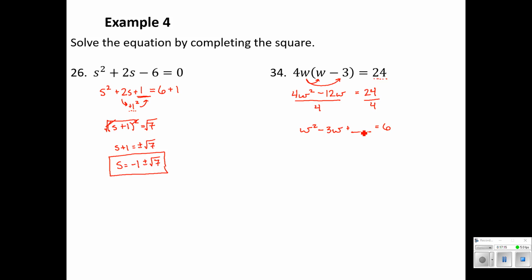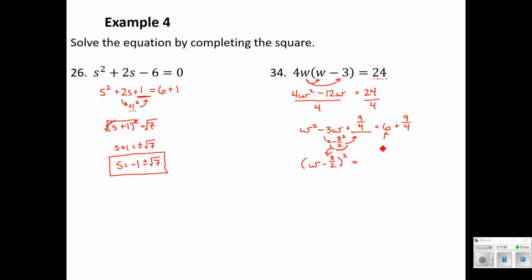All right, so what completes our square? Well, that 3w, if I divide that by 2, I get negative 3 halves, and then I square it. Square the top, square the bottom. Whatever I add to one side, I added 9/4, I'd better add that to the other side as well. Okay, so now we've got w minus 3 halves squared. I really like writing it out with these arrows because I can see that negative 3 halves. I know that's going to complete my factor at the end. That's kind of a nice little pro tip there.